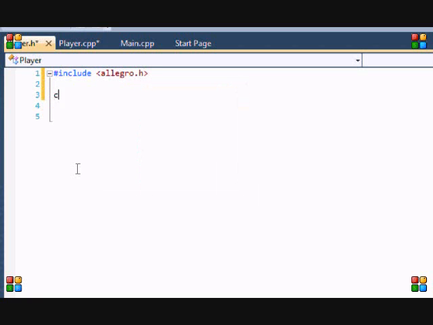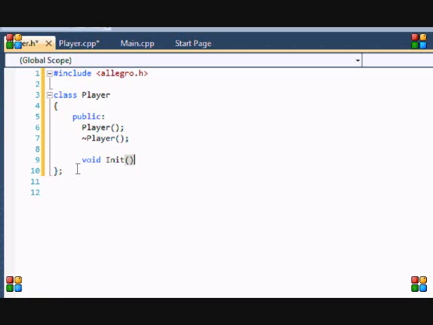And so now we're going to create the player class. Don't forget the semicolon at the end. So now we're going to make this public. If you don't know classes, then you shouldn't be watching this. Sorry, but yeah. So we're going to make our constructor and our destructor, and what we're going to put is init, update,